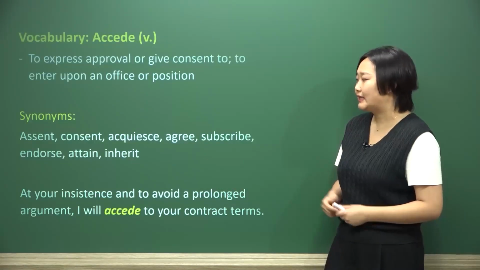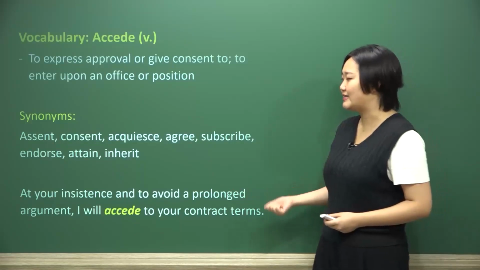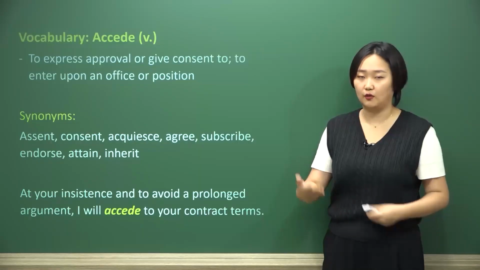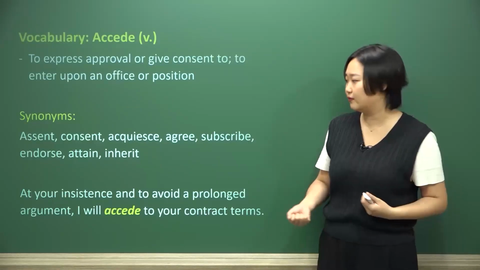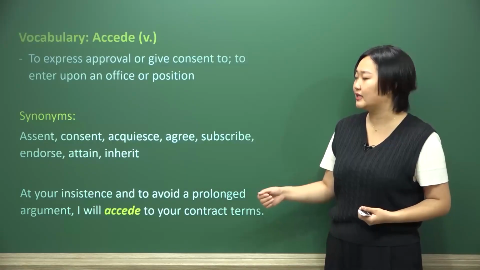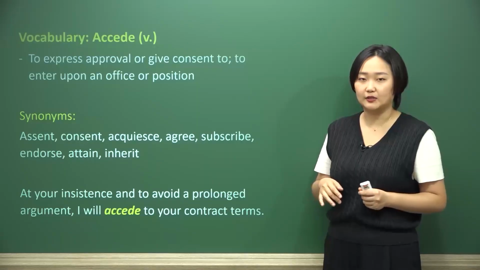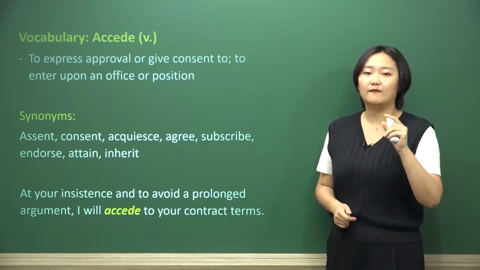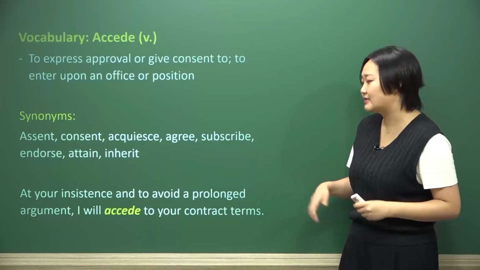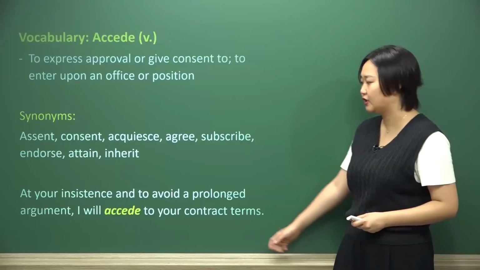Synonyms are assent, consent, acquiesce, agree, subscribe, endorse, attain, and inherit, meaning I agree, I say yes to this, to give some kind of approval for. And then the last two, attain and inherit, those would be the 2 synonyms for that secondary definition. So I just wanted to give you guys that a little bit, but let's look more into that first definition in our sentences. At your insistence and to avoid a prolonged argument, I will accede to your contract terms